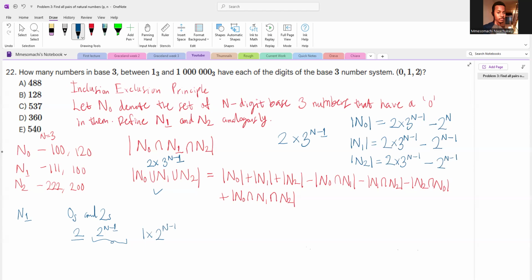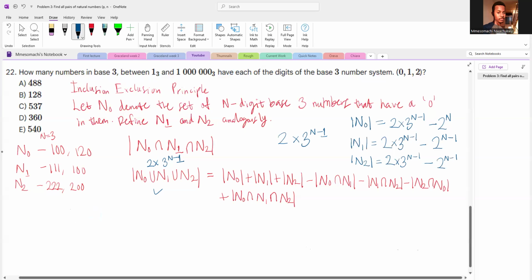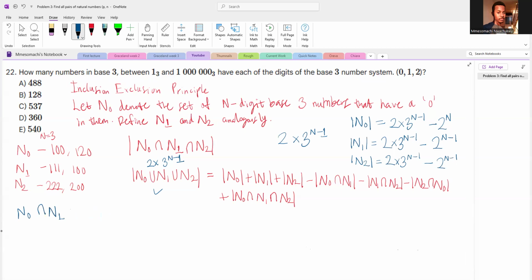Next, we have to discuss the intersections. So let's look at the intersection, for instance, n0 intersect n1. What kind of digits are in n0 intersect n1? First of all, we can apply the inclusion-exclusion principle again on this smaller level. So basically n0 union n1